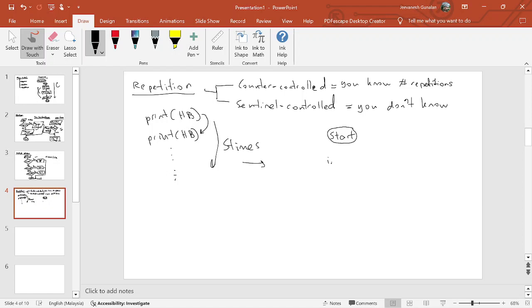So first you tell int x equals to 0. Why? Because this is what actually records how many times you have done it. So if you have done it the first time, the x will increment by 1. So you print happy birthday, and then you increment it by 1,